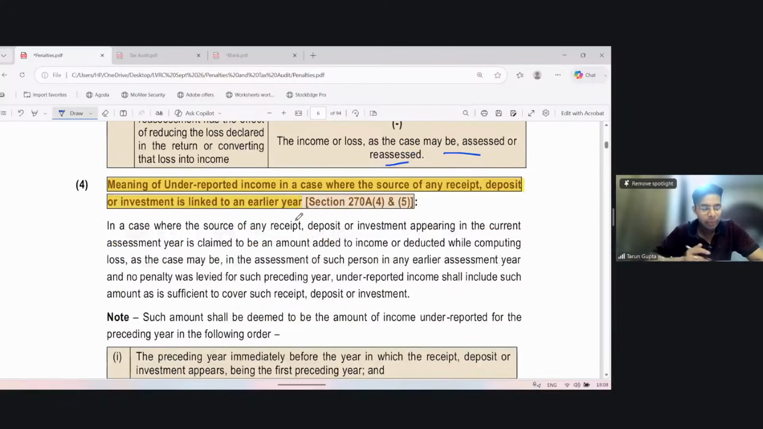This is interesting. Assuming there were additions made in earlier years, but no penalty was levied in such years on such additions. Maybe for this we call intangible additions. The addition was made in an earlier year and penalty was not levied at that time. Now, if any receipt is found and the assessee claims that this is the same amount which has already been added to my income in earlier years, it can happen. Then the law says